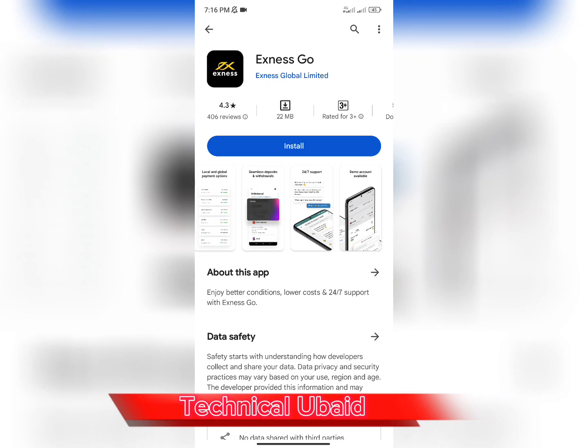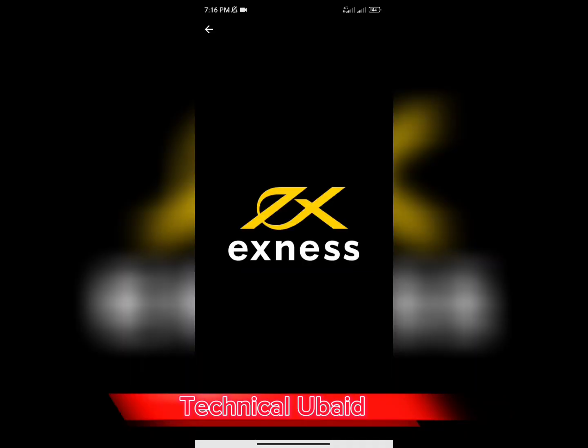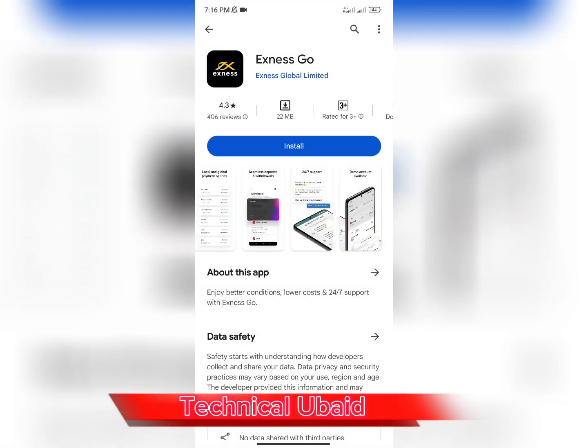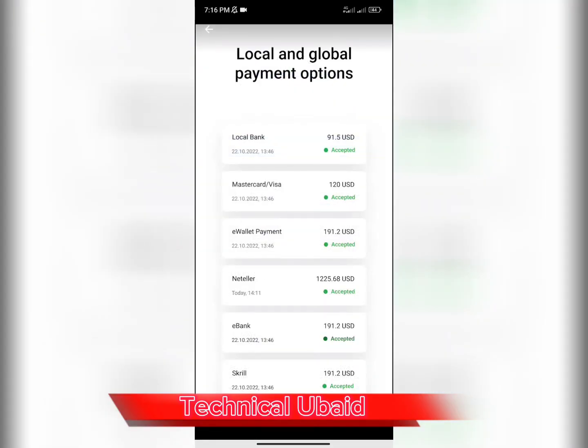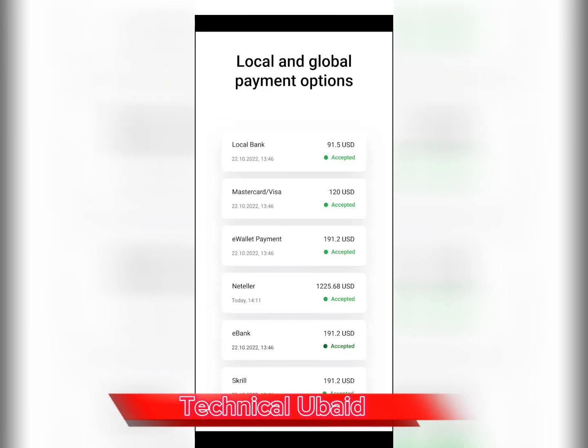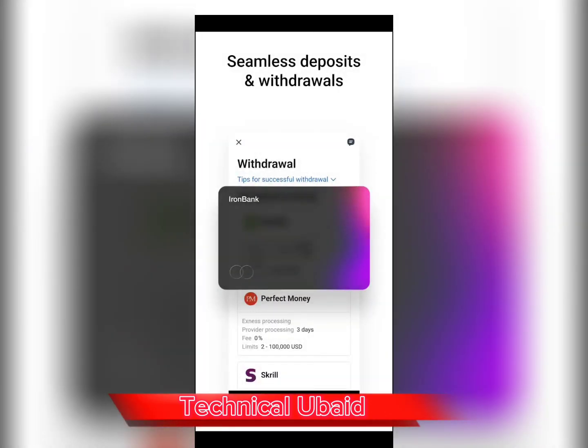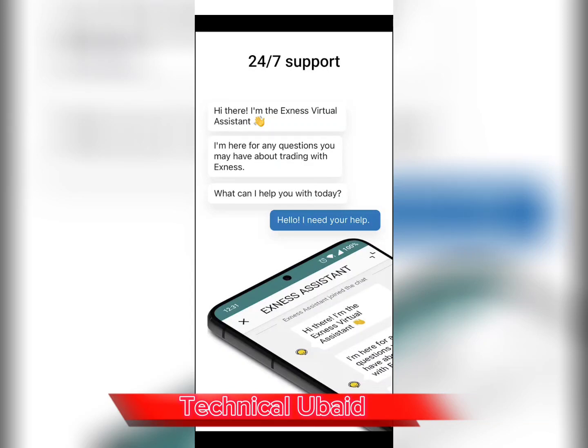Basically our today's website is Exness Go. This is the official logo of this application, and this application has a 4.3 star rating and just 406 reviews because this is a newly launched website which has only 50,000 users present. In this application we have seamless deposits and withdrawals options for trading. 24/7 customer support is available for your help, and